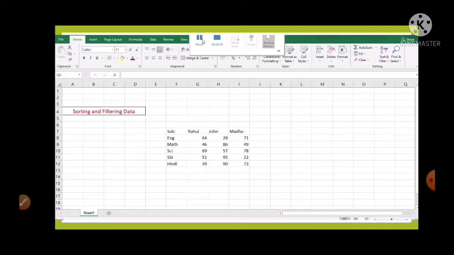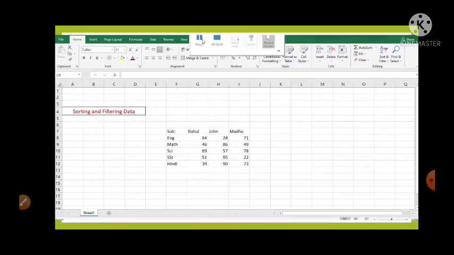Okay, and filtering on the other hand deals with setting conditions. Okay, so here you can set a specific condition so that only certain data is displayed. So this helps in focusing on specific information. So Excel 2016 allows us to both sort and filter data easily.